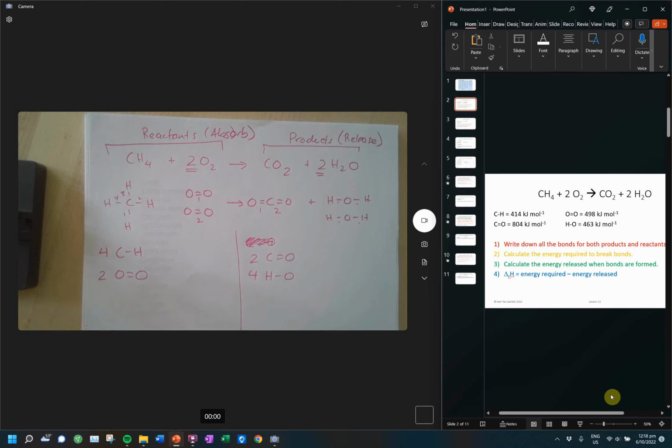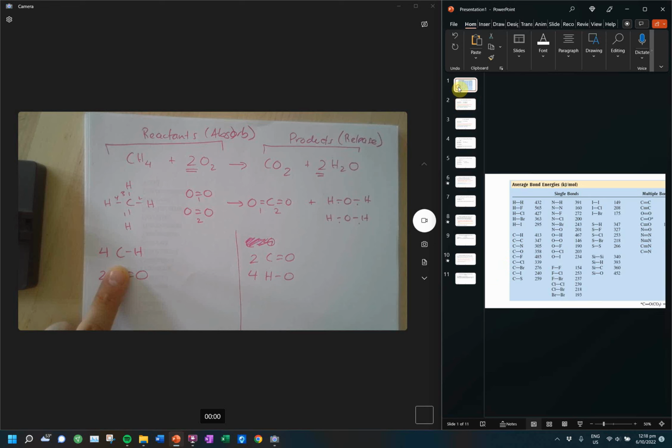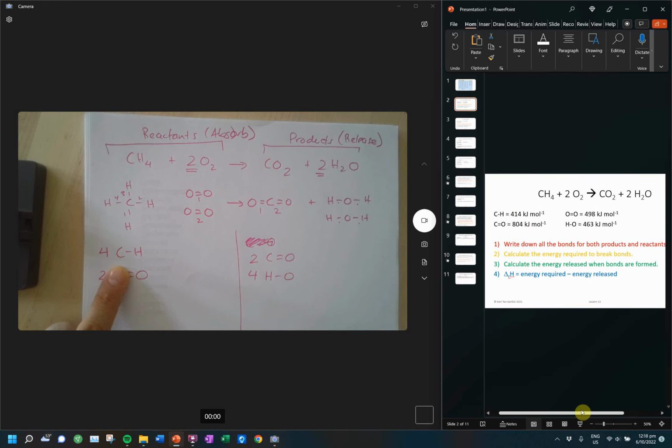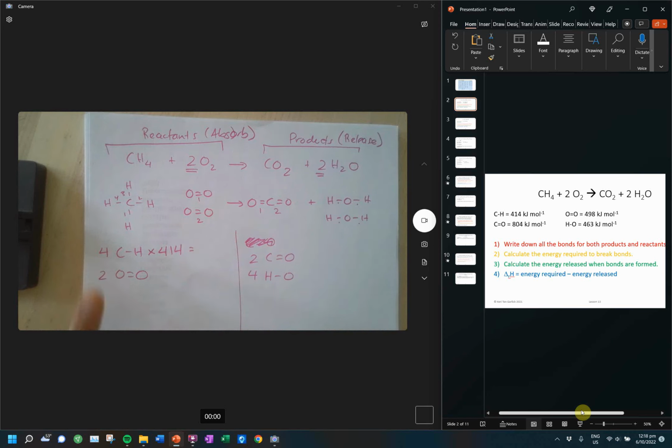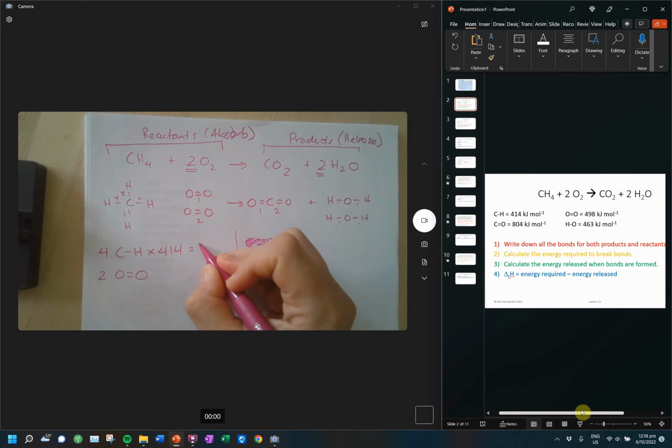Then what I want to do is calculate how much energy is going to be required to break all those bonds. So I see I have a CH and I can look on my screen. They should give you all of the values you need. They're not going to give you the table that you saw before over here. They're just going to give you the ones that you need so it's less searching around. Anyway, I have carbon-hydrogen bonds, and I have 4 of them. So I'm going to multiply that by 414 to get what that is going to be contributing. I'm just grabbing out my calculator. 414 times 4 equals